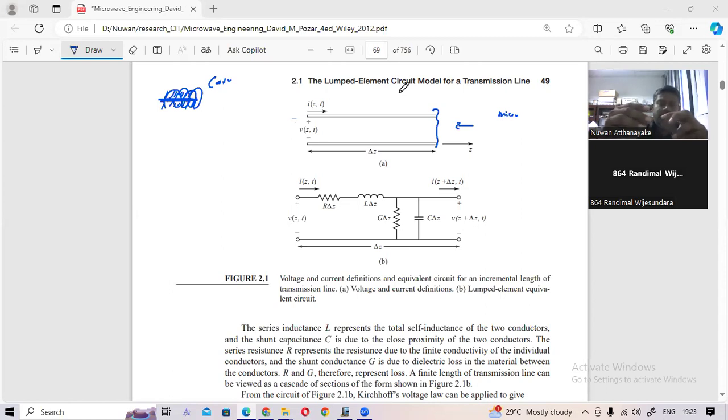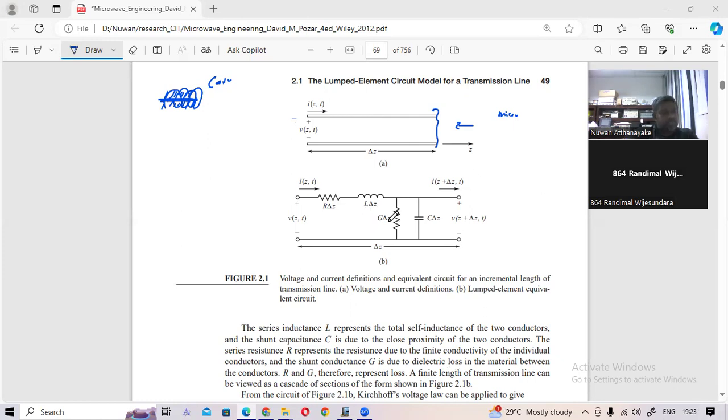What I want to show you is this transmission line, the microstrip transmission line. If you consider this one, this plus part is this small strip, and minus is this ground plane. Any transmission line like this can be modeled like this,